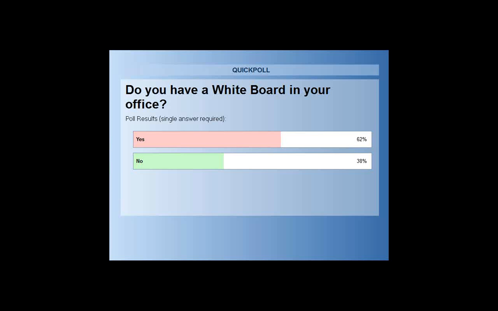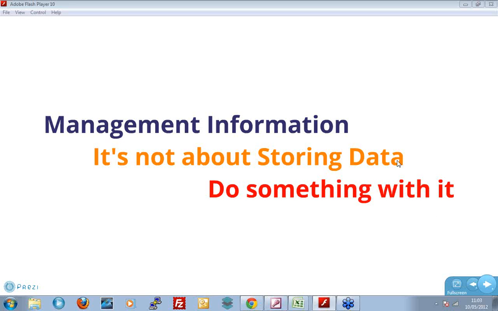there. I'm hopeful now you'll be able to see the results of it. We've got about 2/3 of our audience have a whiteboard, 38%, slightly less than 2/3, 38% don't. So about 2/3 of recruiters have whiteboards. I actually thought it was going to be higher than that. Sorry, I just want to make sure you're back to my screen again.